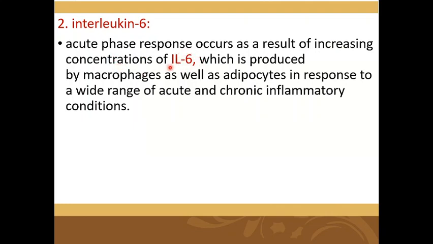Interleukin 6 भी produce होता है, ठीक है, which is produced by the macrophages as well as adipocyte in response to the acute and chronic inflammatory response. तो देखो कितनी अच्छी बात हो रही है, यानी इंटरल्यूकिन 6 भी प्रोड्यूस होता है, मैक्रोफेजेस प्रोड्यूस करते हैं, दे ऑल्सो हैव एंटी इन्फ्लेमेटरी एक्टिविटी। और ये कहाँ से प्रोड्यूस होता है? मैक्रोफेजेस से प्रोड्यूस होता है और एडिपोसाइट से प्रोड्यूस होता है।